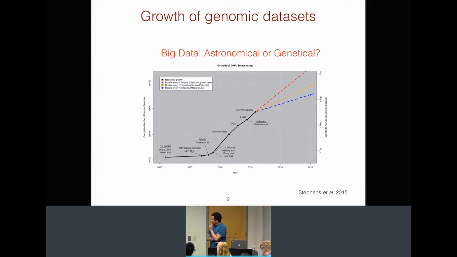And I like this picture and also the title of this paper. It's quite old already. And basically what they show is how genome sequences are growing at the time. There's this super exponential growth of genome sequences, both in terms of number and in terms of the number of bases. And basically this paper was saying the total amount of genomic data is bigger than all the astronomical data, so probably you shouldn't talk about genomic data as being astronomical. We need a new lecture. All right,